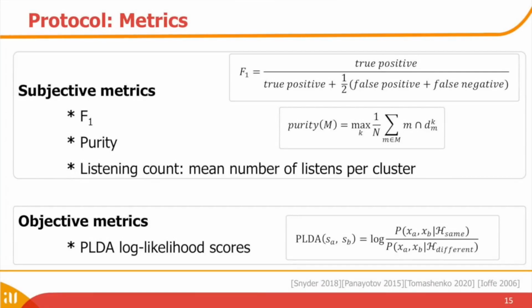To compare subjective evaluation metrics, we use an ASV system that relies on X-vector speaker embeddings and probabilistic linear discriminant analysis. The ASV system was trained on the LibriSpeech dataset. The ASV model was used to obtain PLDA scores for evaluating pairs of speech segments. As defined in the slide, the PLDA scores were computed as log likelihood ratio values between corresponding X-vectors. For more information, please see the cited papers listed on the slide.